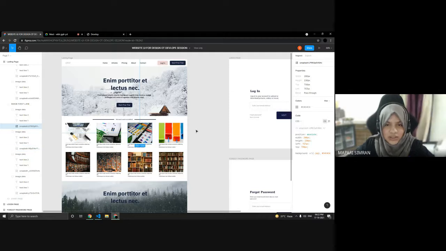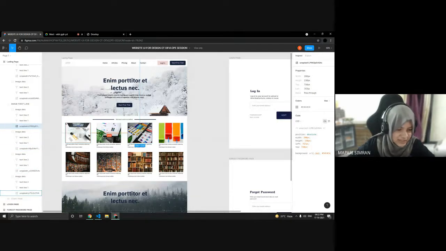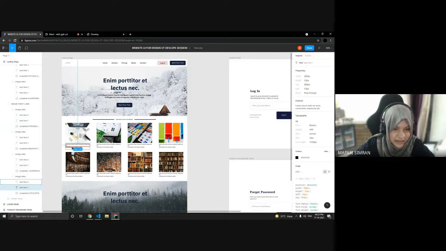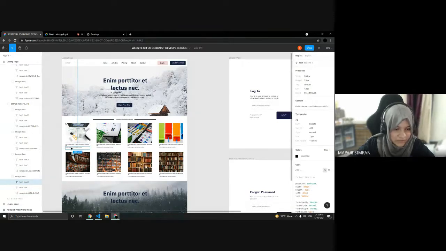Okay, so yes, you can make this by grid, and by using flex as well. We can have a div according to this width and height, and here we can see this is an image, and inside that we have a text, and below that we have one more text.